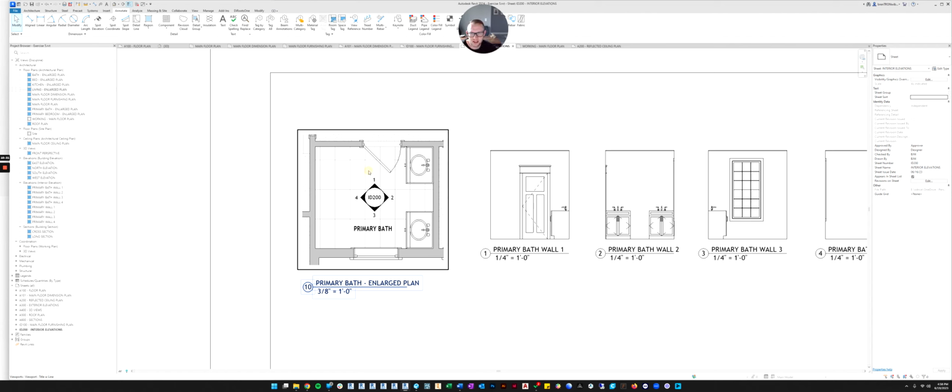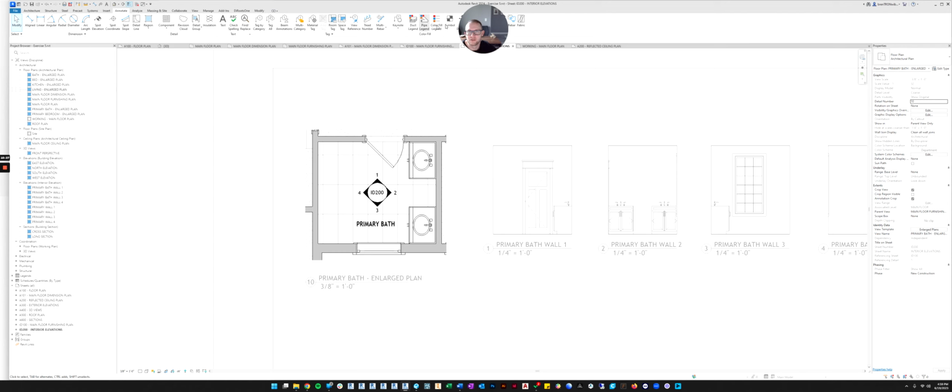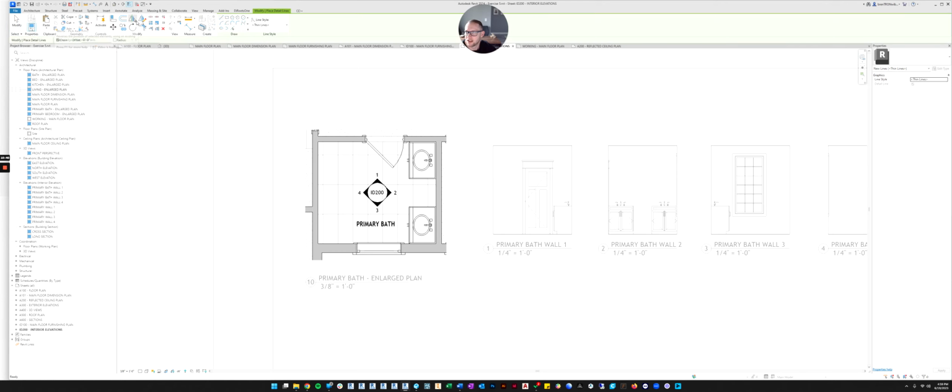If you go to the Annotate tab, this is where you find most of the drawing items. So you could draw what's called a detail line. So maybe we want to draw in a trash can, let's say. Let's hit the detail line command. And if you come over here, you have your sketch tools. So let's do a round trash can. So let's do a little circle.